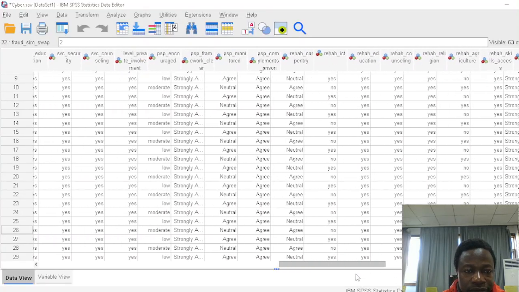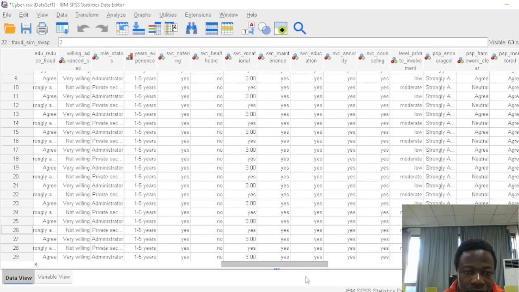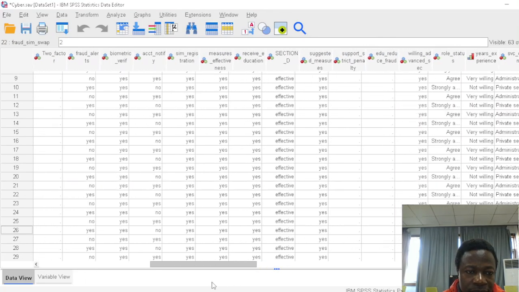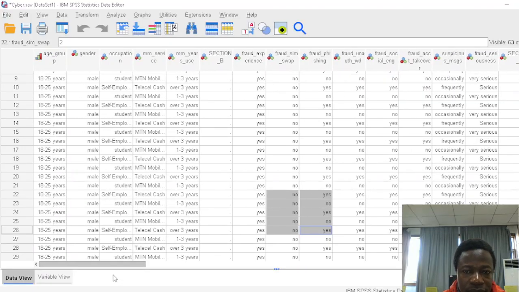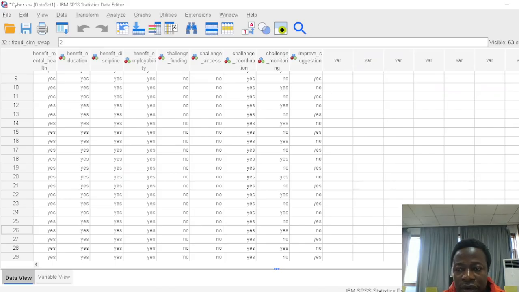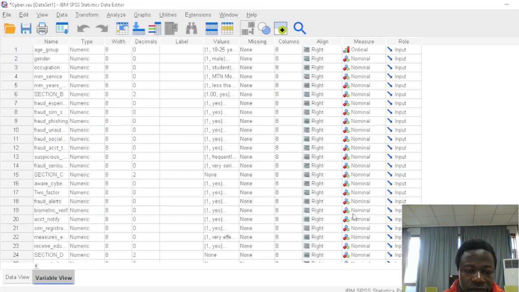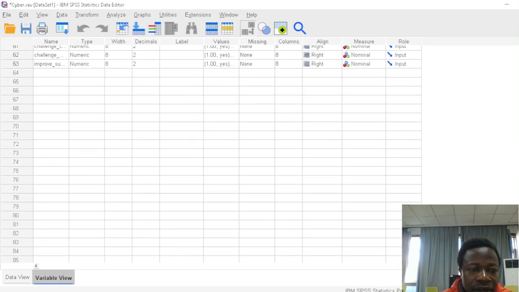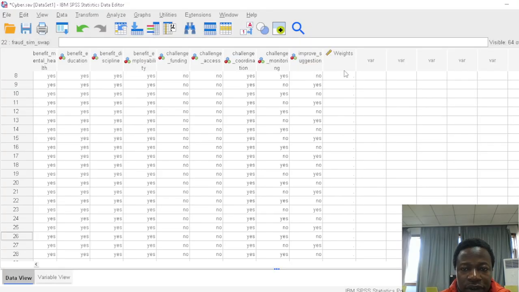I think I've seen some similar data here. Okay, let me create some and then show you right now. Maybe let me say weights. I come to the variable view and then create another variable and call it weights. So we have now the weight has been created. So 57, 29, 77,